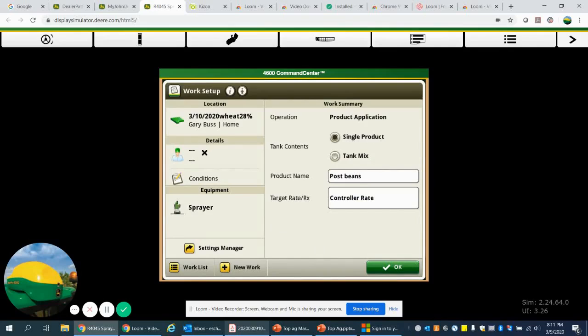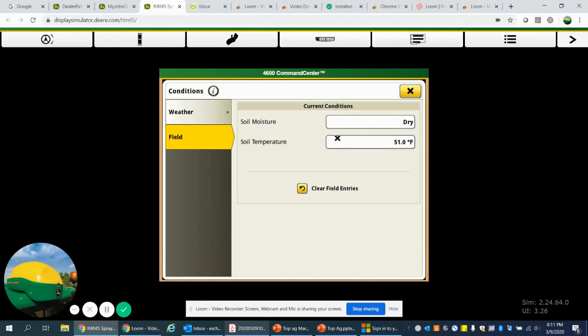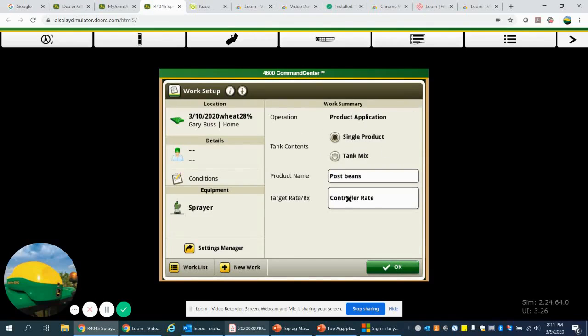When we get done with that, we can go ahead and put in some details as far as the conditions. It'll prompt it normally automatically. Here I went ahead and put in the temperature, wind speed, wind direction, sky condition, and humidity, as well as some field conditions. Pretty soon this will be shared directly on the map that is offered by the co-op to customers. But the most important thing we have to do is make sure we put in at least a single